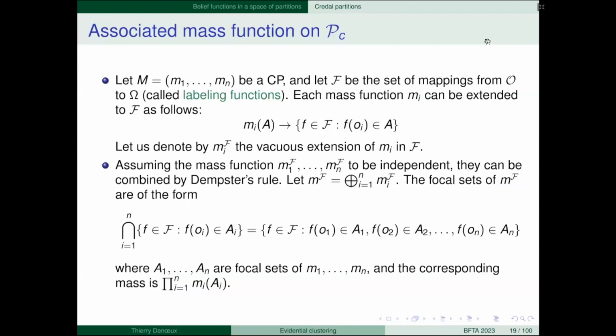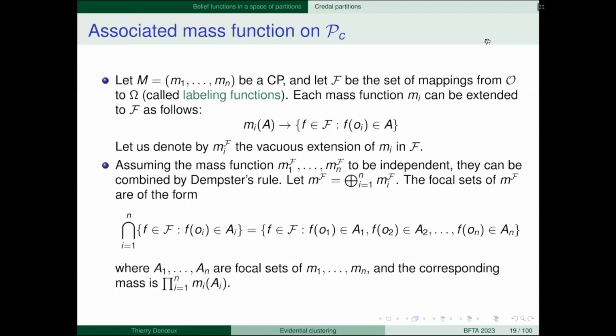So each mass function mi can be extended to F as follows. The mass assigned to subset A of omega by mi is transferred to the set of labeling functions such that the image of oi belongs to A. For instance, here I will assume that we have 3 clusters, for example.